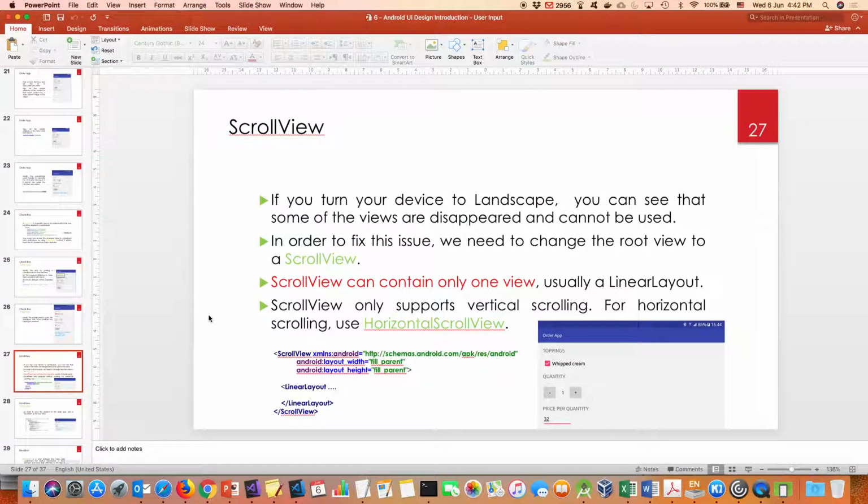Fine. And then we have a scroll view. Scroll view, remember, we can scroll some things. So let me stop